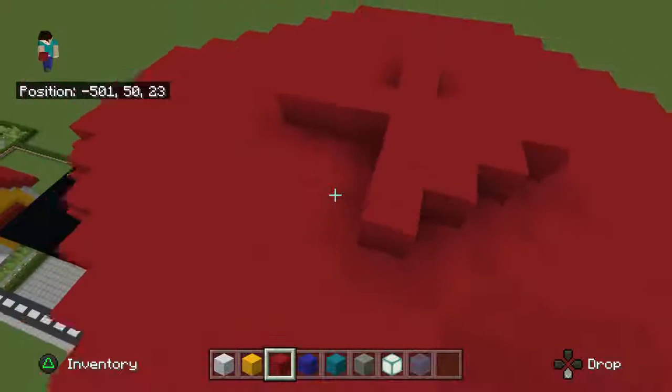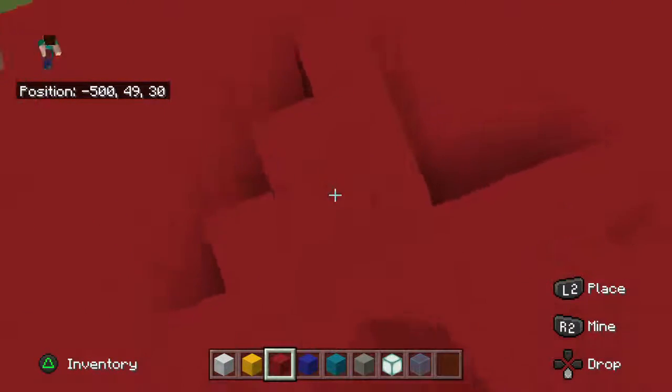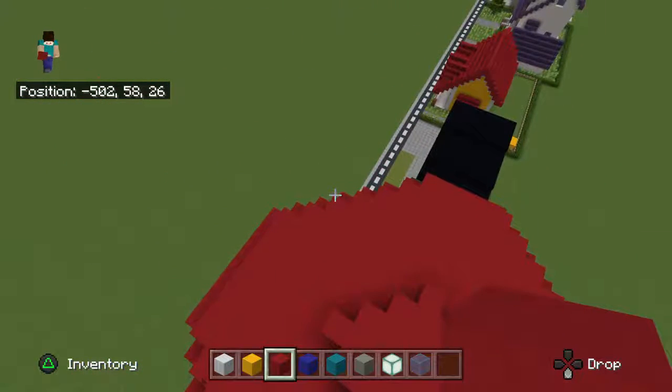And you know what, we'll even add another layer of red going all the way around it. So we'll make it just look a little bit nicer in that we'll add an additional layer of red. We'll kind of smooth off the corners a